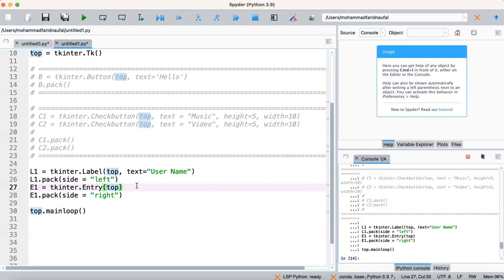If you get an error, then your previous window will appear, so you need to close it all.